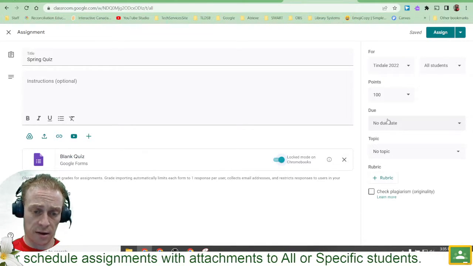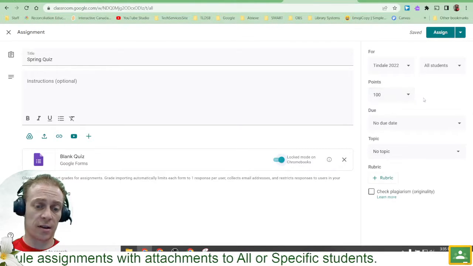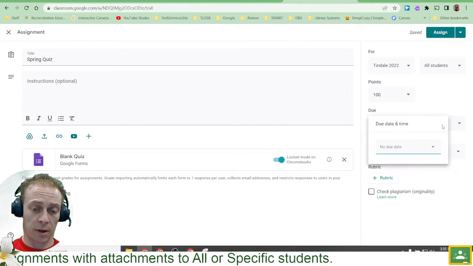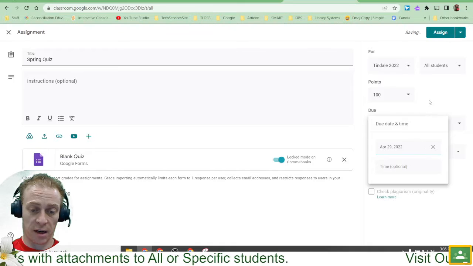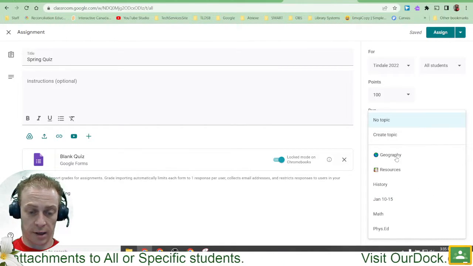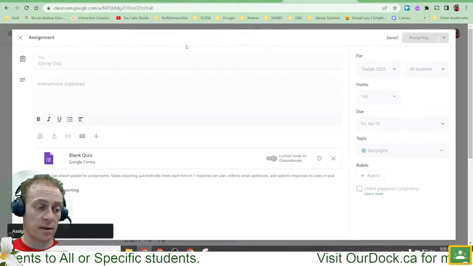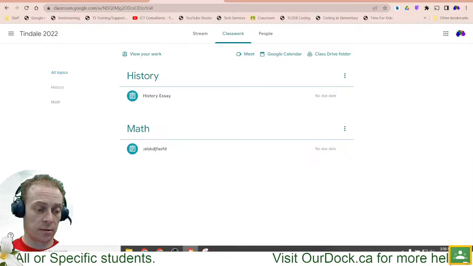I've got all this other stuff. Let's see, 100 points. I'm not even going to worry about the points because that's going to get pulled over when I import from the quiz anyway. I'll give that a due date as well. Maybe we'll do another one on Friday. It's going to be a busy day. The topic in this case is going to be, I don't know, we'll go with geography. And hit assign. So now because I've assigned it right away, if I jump over to that student account, in